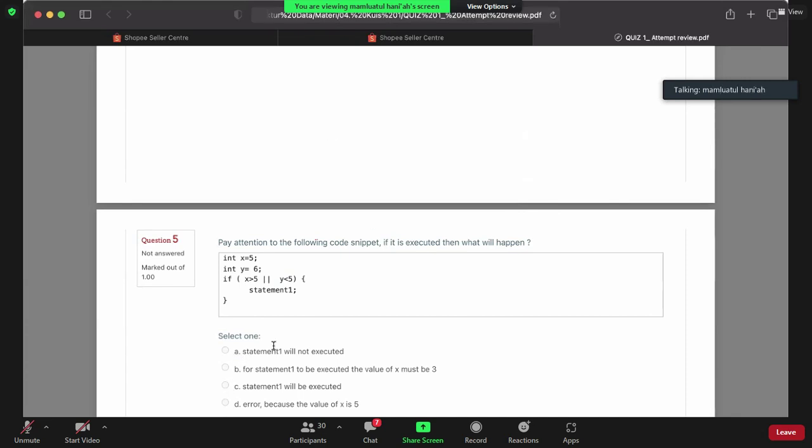A, yes, the statement will not execute because of... this is true or false? This is true or false, Amini? Okay, false, and you have or, and this is false. Yeah, so the statement will not execute. Okay, Amini, we will give you plus 2.